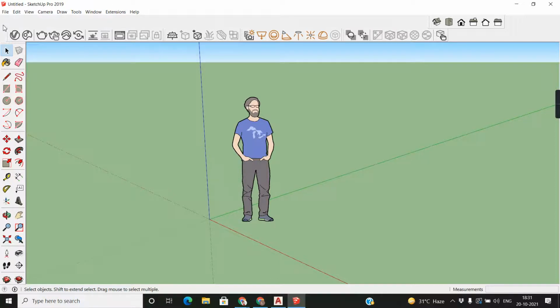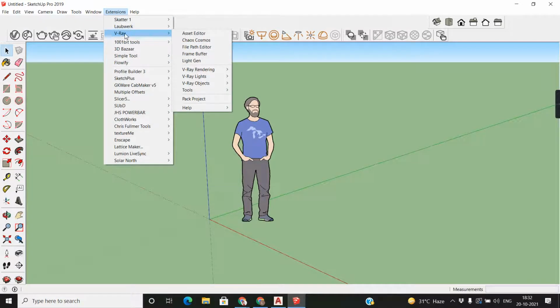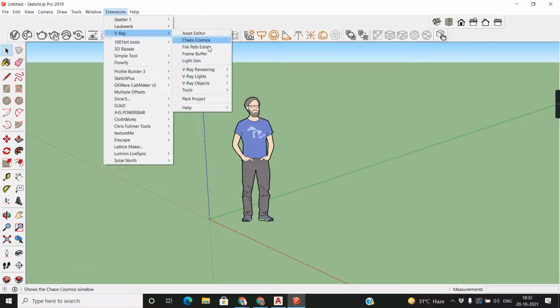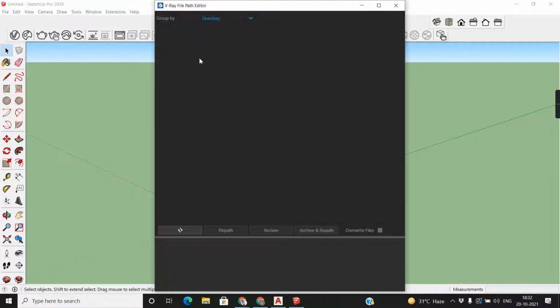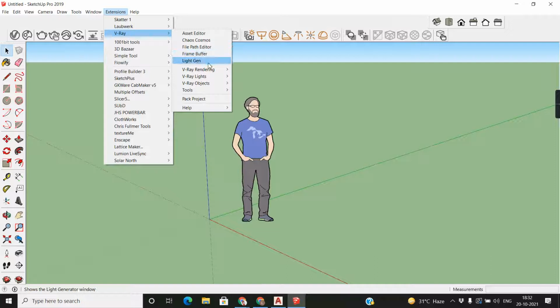Now see, this is an entire toolbar. It's very useful and very interesting. So if I want to know more about V-Ray, just click Extensions and go to V-Ray. When I click V-Ray, you'll find asset editor, choose cosmos, file path editor, light generation.